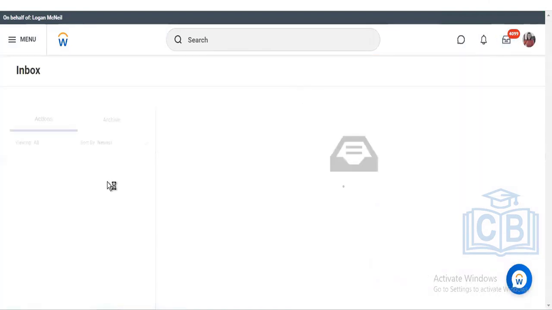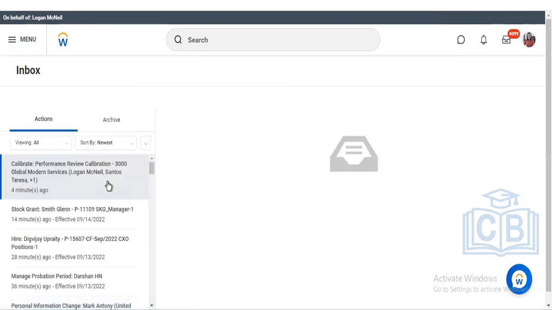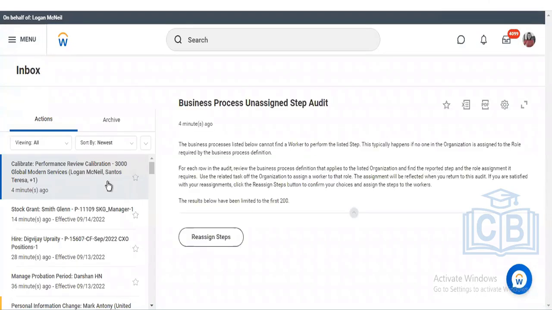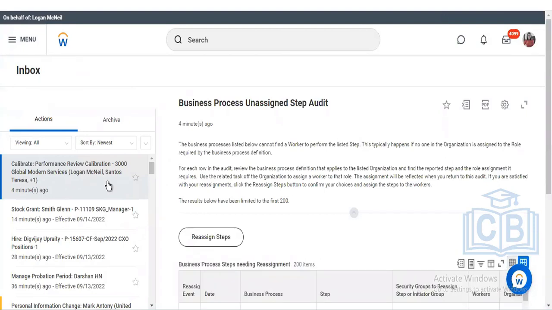Is there any way through which we can identify which managers haven't completed the evaluation yet, and for what number of employees? That would be a kind of report, but that is pretty simple. I will show you. You can see, before calibrate performance review calibration,